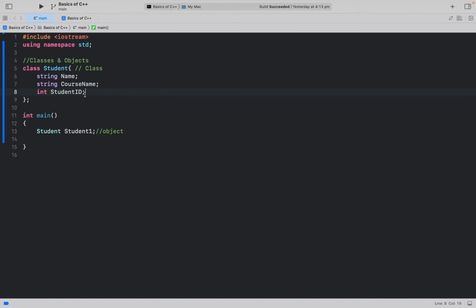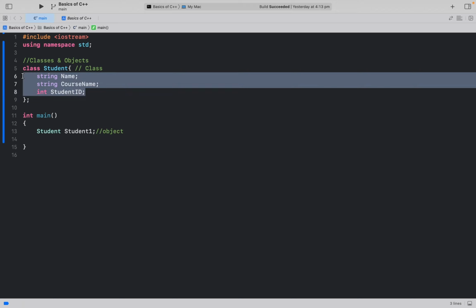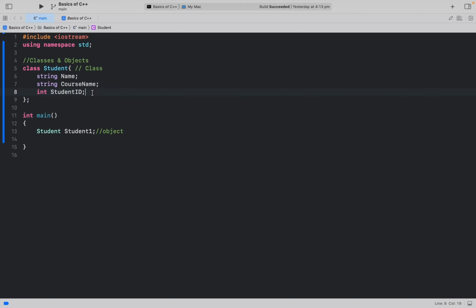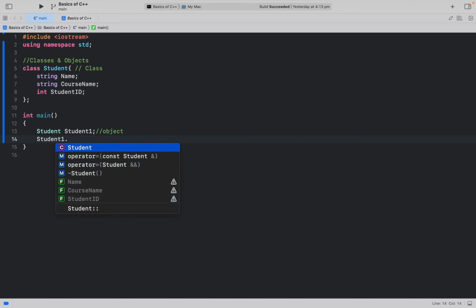Now we can assign these string, course name and student ID. However, it's not going to work. So when we are going to assign in the int main function, what we are going to do is take its name. So we are going to take an object's name, which is this one, and this is our class name. So we are going to take our object's name, student1, and simply put a dot at the end. It should show name, course name, and student ID. Right now, as you can see, it does not show. There are errors. That's because we have not